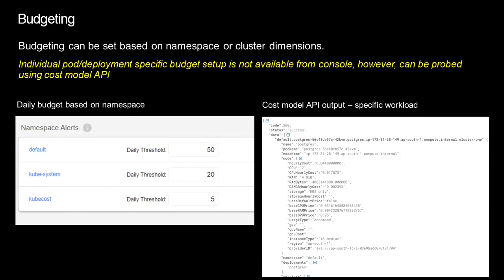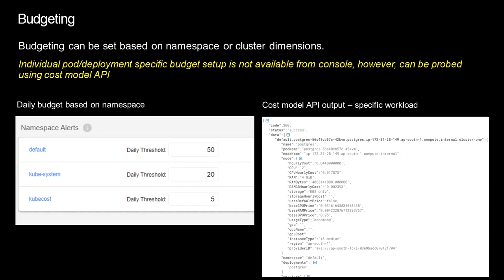The budgeting part that I was discussing is something very unique to kubectl, and it is available in both the free version as well as the paid version. For every Kubernetes namespace, you can provide a daily budget limit. Whenever these budget limits are exceeded, your administrators, or anybody you configure via email or Slack, will be notified accordingly.